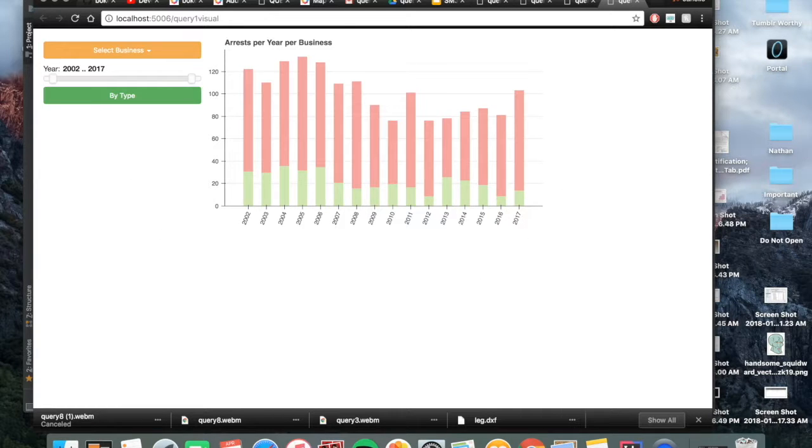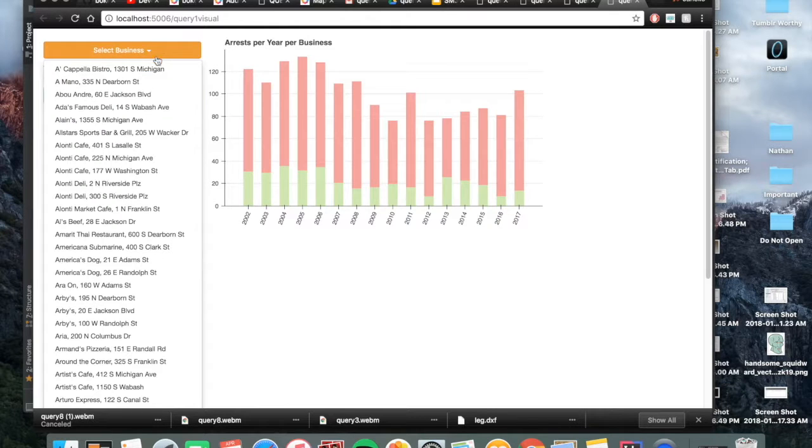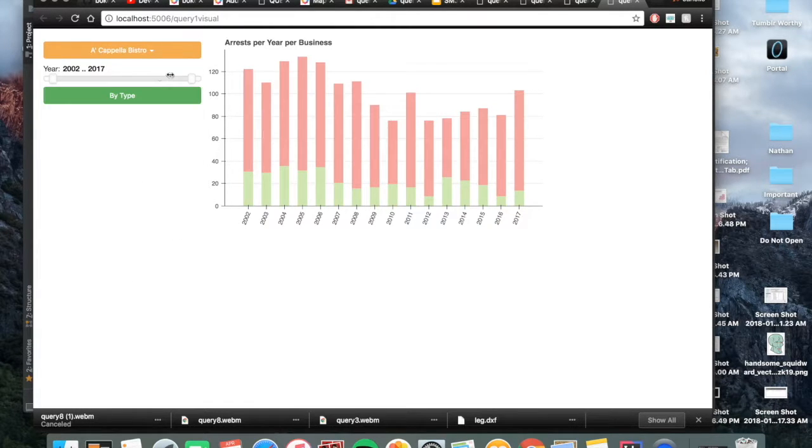This brings us to my default graph. This graph shows the total number of crimes across 2002 through 2017 for my first business, which is Acapella Bistro. Hovering over each bar, you can see the total of arrests, which are represented by the green, which is for the arrest field equaling true, and then the red stands for no arrests. Adding these two totals together will give you the total number of crimes for that year within 3 blocks